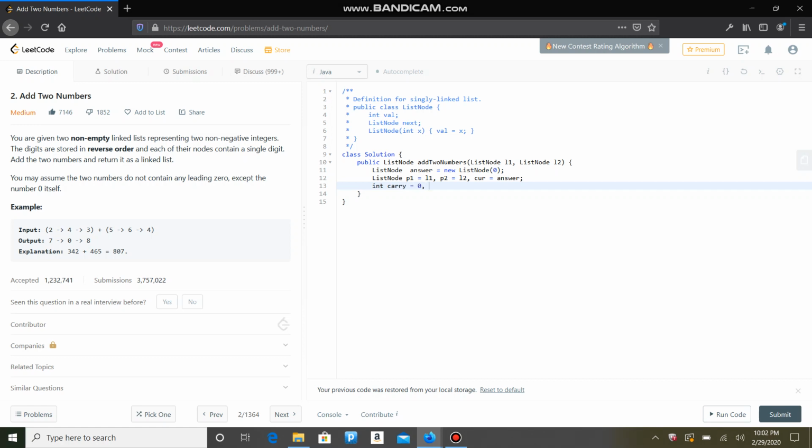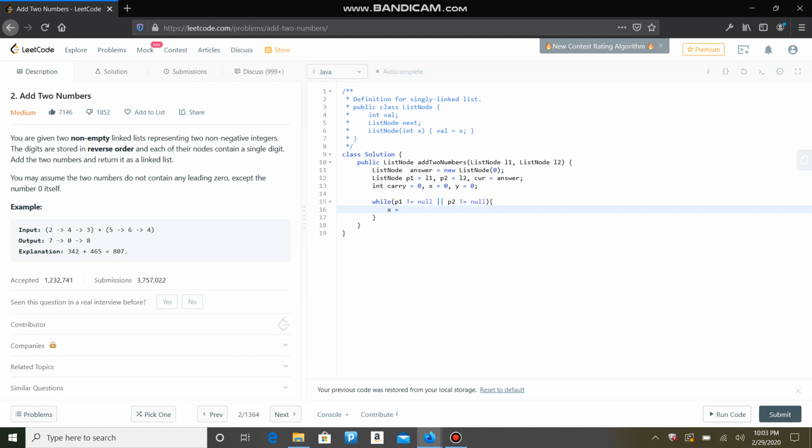I will also define an x and initialize that to 0, and I will explain why I'm doing this, and the y, it should be initialized to 0. And this we're going to use to store the value of P1 and P2 and sum that together to get our sum. So what we're going to do next is loop through P1 and P2, and while we loop through them, what we want to do is